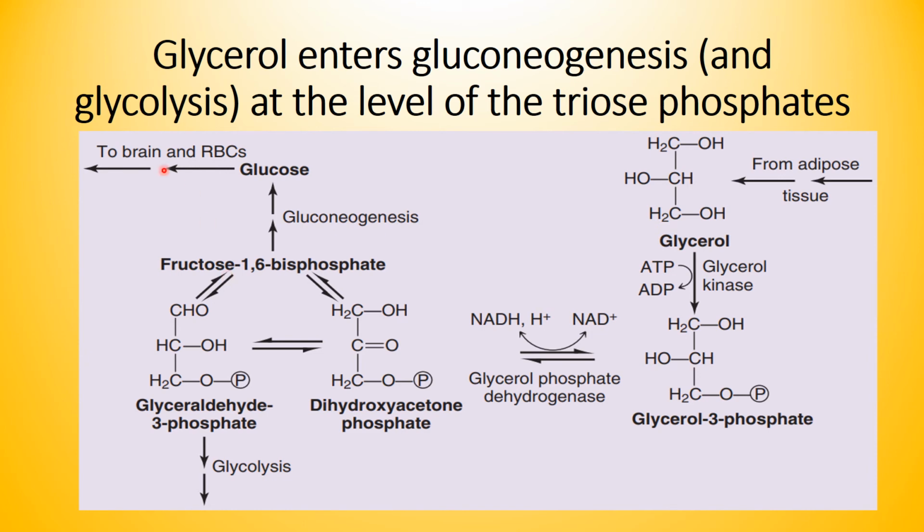But when there is a need for glucose by the brain or RBCs, or the blood sugar level is low, then they are converted into fructose 1,6-bisphosphate, and they follow the two irreversible reactions for the conversion of fructose 1,6-bisphosphate into fructose 6-phosphate, then fructose 6-phosphate into glucose 6-phosphate, and then glucose 6-phosphate into glucose. These steps are similar to those we discussed in the previous slide during reverse glycolysis, and this glucose is then utilized by the cells or tissues. So this is how glycerol is utilized for the